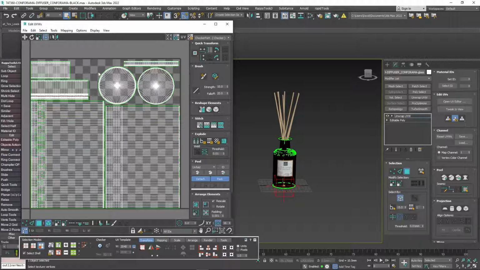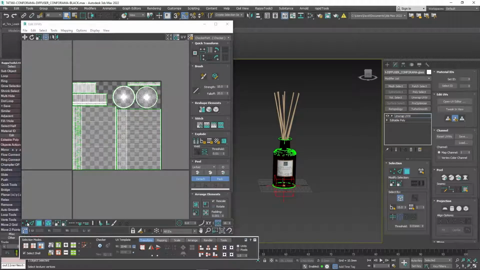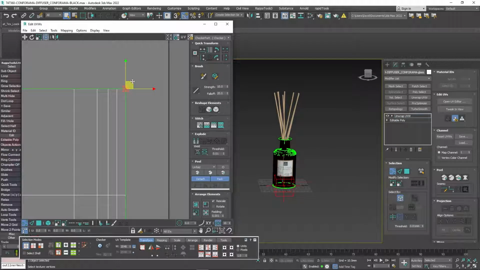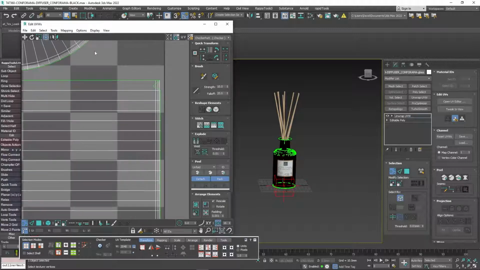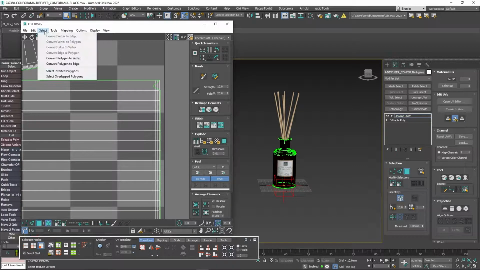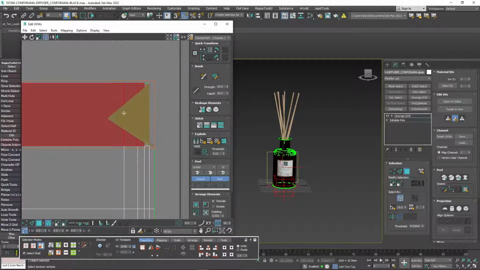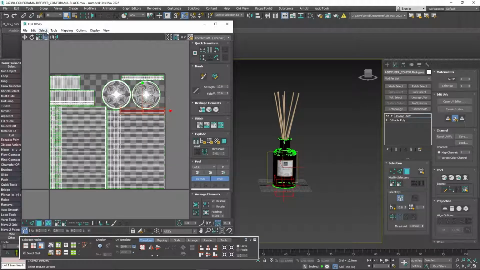But the important thing is, it's not always about the UV shells. For example, if I go to vertex mode and put this vertex here, this is also overlapping. If I go to Select, switch to face mode, and hit Overlap, you can see it highlights this place because this vertex goes below or onto other areas. So you should get rid of this. Always be sure you don't have any inverted or overlapped polygons.